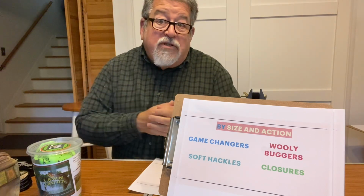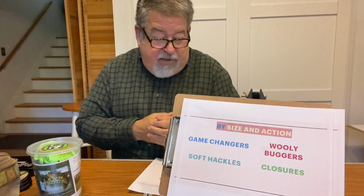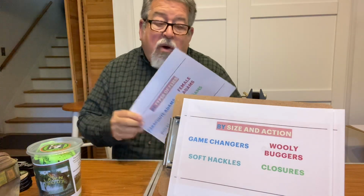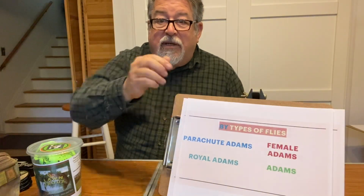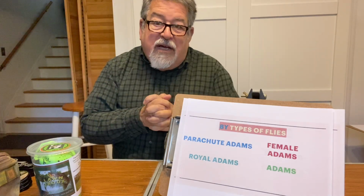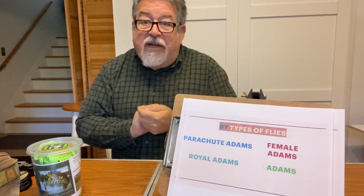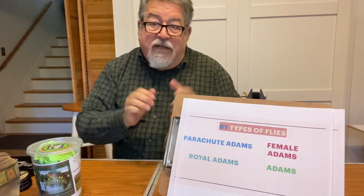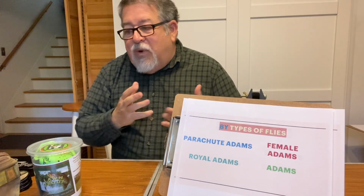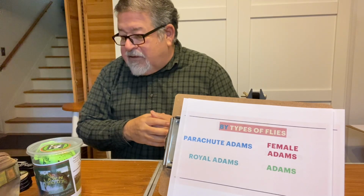If you're a wet fly fisherman, you might have a different set of boxes for that. I have a friend who only fishes Adams flies, and he breaks his up into parachute Adams, female Adams versus the male Adams. I don't know how he does that. Different colors of Adams, so in his parachute Adams box, he has green-bodied ones and red-bodied ones and yellow-bodied ones, but it's all Adams, and that's all he ties. I have a friend that does mostly wet flies, and he has a box of green wet flies and a box of red wet flies. So all of these different sorts of ways to configure your box